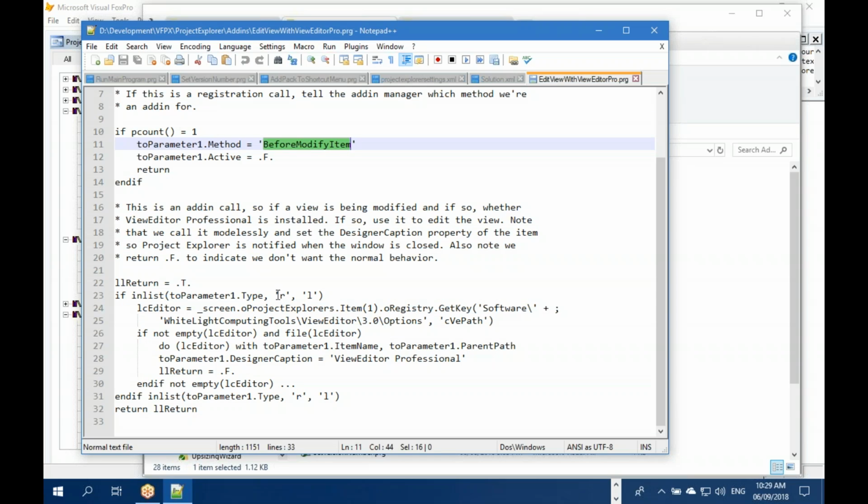So we check to see if we are a remote view. So if the first parameter being passed is one of those project item objects, its type will be an R for a remote view or an L for a local view. So if this is a view, let's go and read from the registry the location for View Editor Pro. If we found it, like if you don't have View Editor Pro installed, then obviously we can't use it. But if we did find the location and it exists, then we will call it with the item name for the view and the path to the DBC, and we will tell